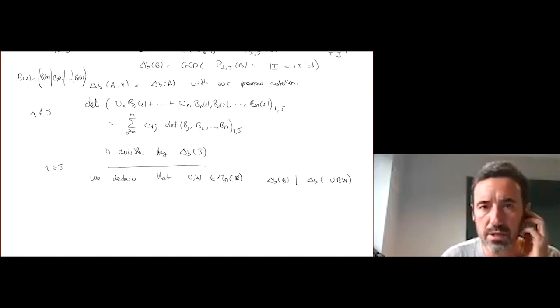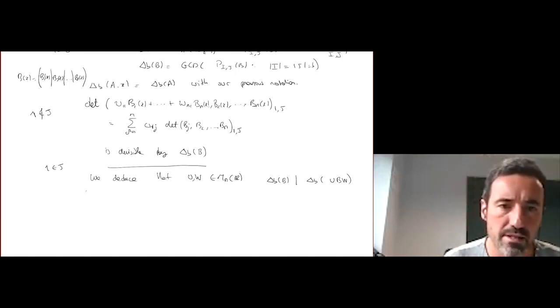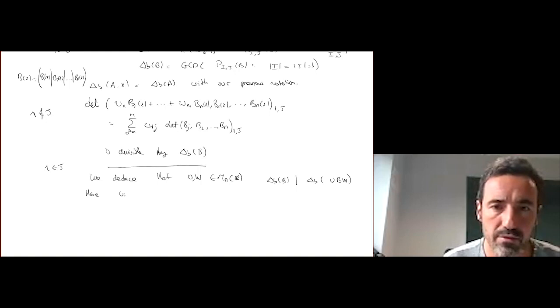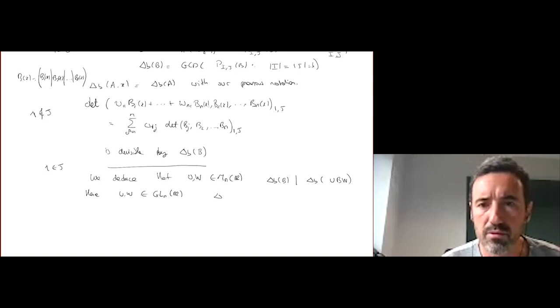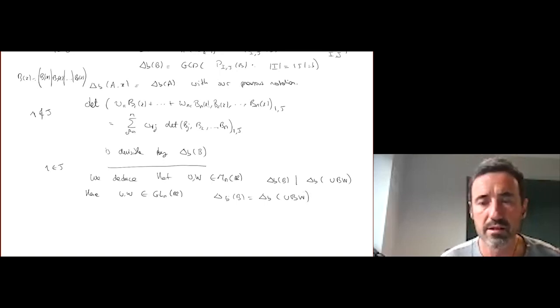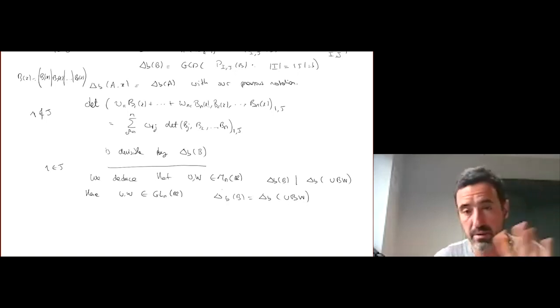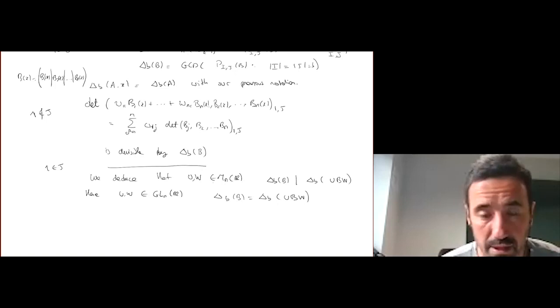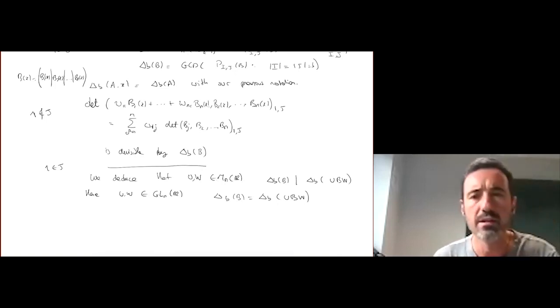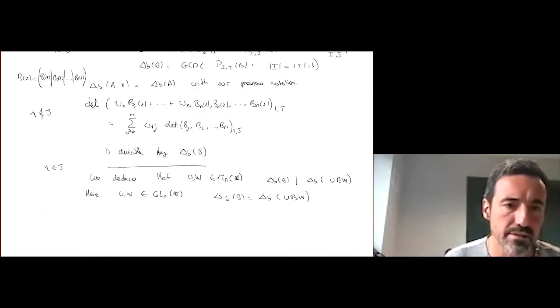Okay, so I just made the computation for the first column of W, but then you can have a second one and so on. Hence, if U and W are in GL_n over R, then you deduce that delta B of B is equal to the greatest common divisor of delta of UBW. So this notion of greatest common divisor is invariant by multiplication on the left and the right by invertible matrices. So once you know that, you write: if A is symmetric,